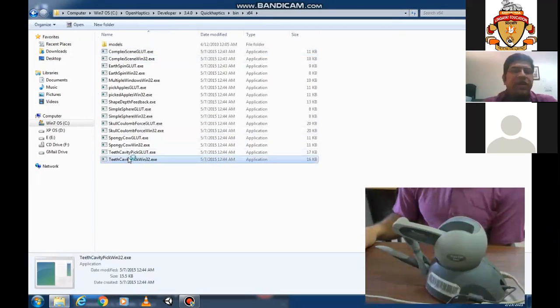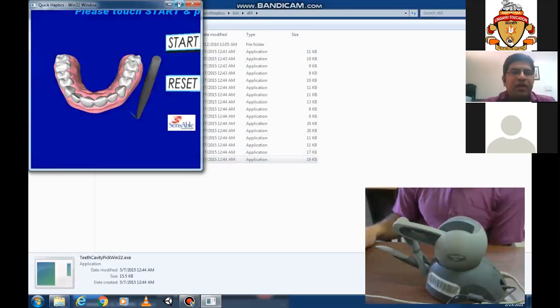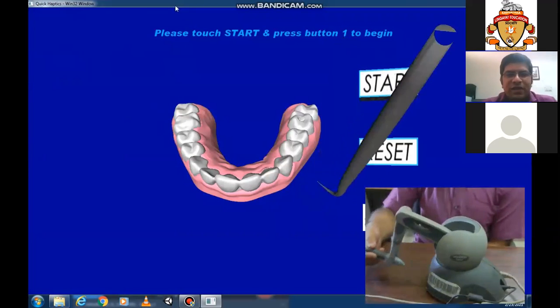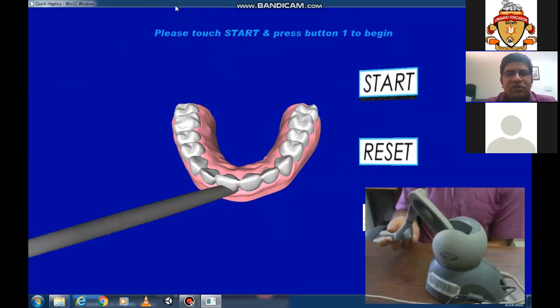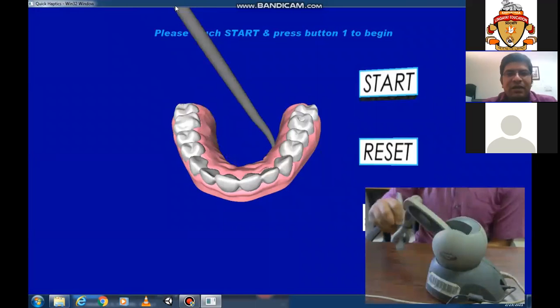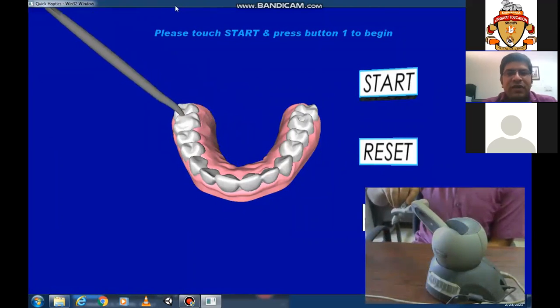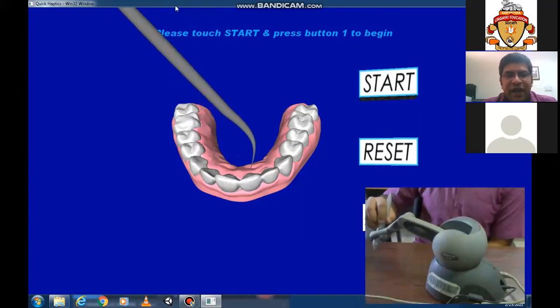Now there is a simulation to do a dental operation. We can use this haptic device particularly for that. Whenever the stylus hits the wall of the teeth, those curved teeth, basically the texture of the teeth can be felt in the hand actually.